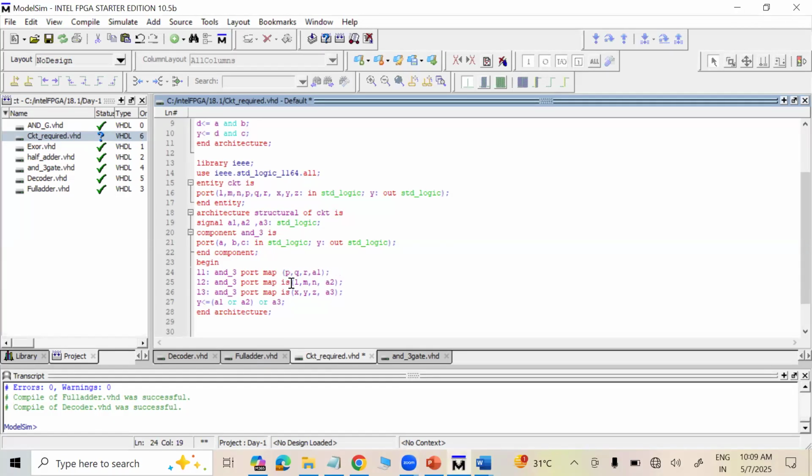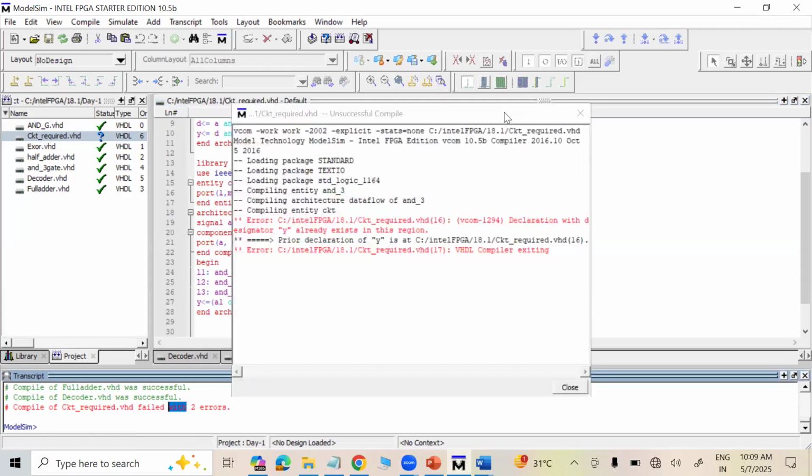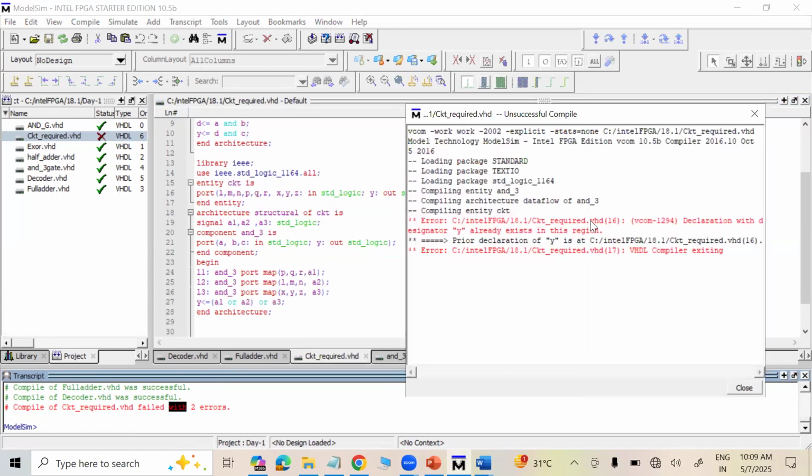There will be no "is" here. Let us save and compile. See, there are two errors here. It is showing there is an error in line number 16. In line number 16, there is an error. It is saying it should be LMN